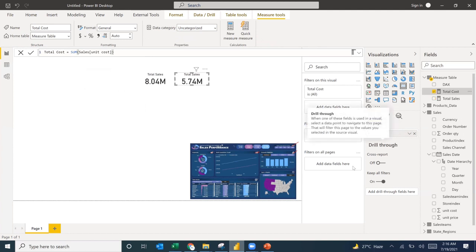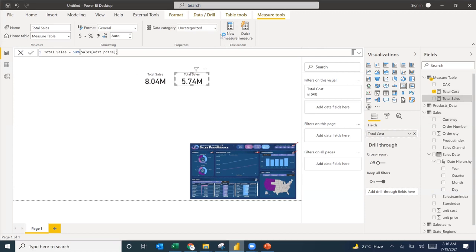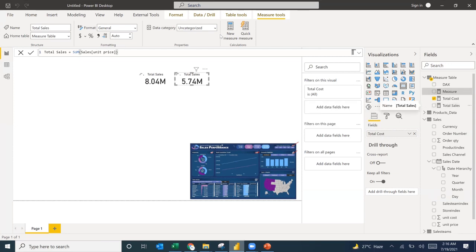So the next one will be the total profit. So what's the total profit? It's the difference between those two. Then we'll create another measure. So this will give us the advantage of creating a measure rather than using those fields. So this is total profit. If we didn't create those measures for total sales and total cost, the way we need to calculate the total profit will be using